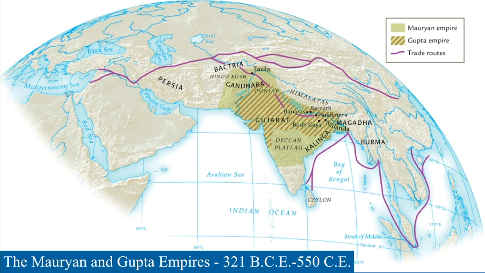All right, so first up, a little bit of geography. I want to show you guys the Mauryan and Gupta empires around the years 321 BCE and 550 CE. As you can see, it takes up most of India except for the most southern tip of the Indian peninsula. We have an overlapping area with the Gupta, but you can see the Mauryan Empire spreads very far north, all the way up to about the Hindu Kush. It butts up against what would be known as Persia, and you can see these purple lines, which are starting to be the development of what is known as trade routes.